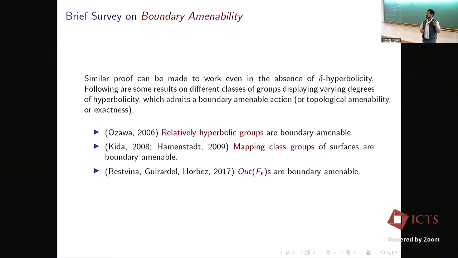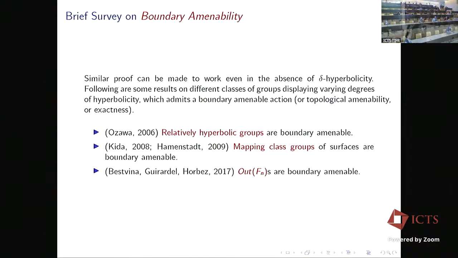They are only if all the parabolic subgroups are amenable. With all amenable parabolic subgroups, they will admit a topological amenable action on the Bowditch boundary. Otherwise, we need to take a product with some Stone-Čech compactification in case the parabolic subgroups are exact. Okay, so that is Ozawa's theorem.